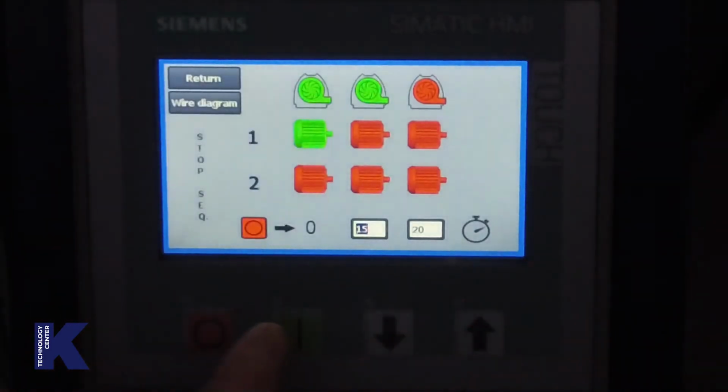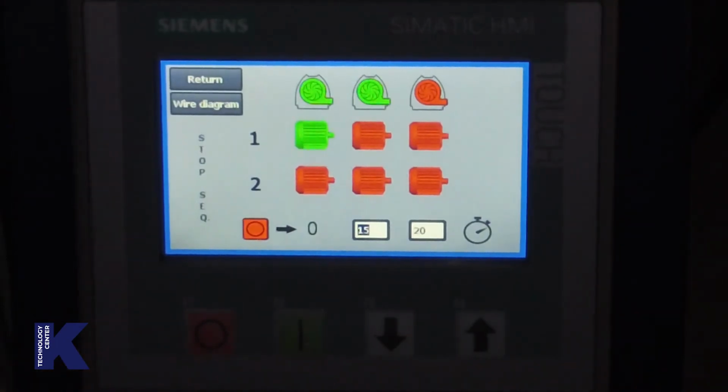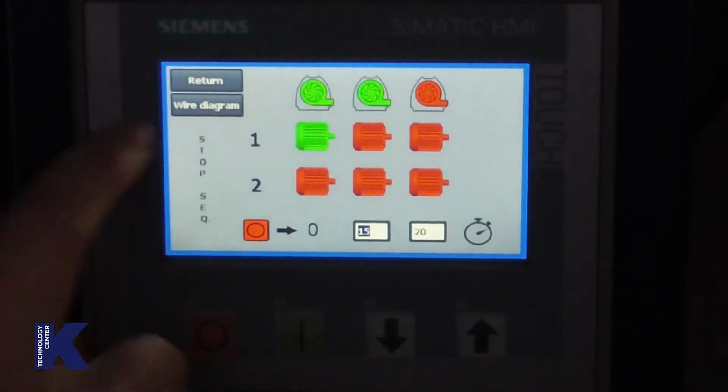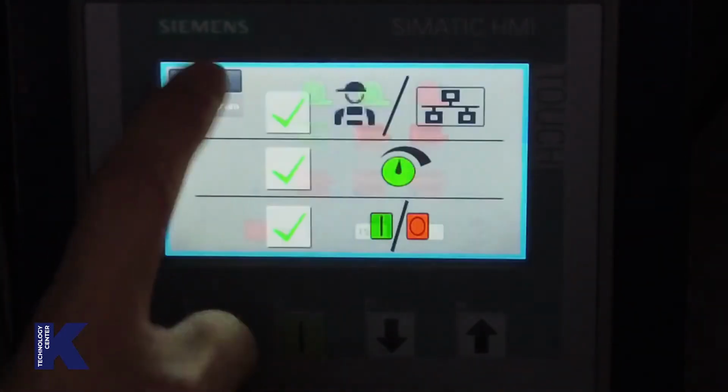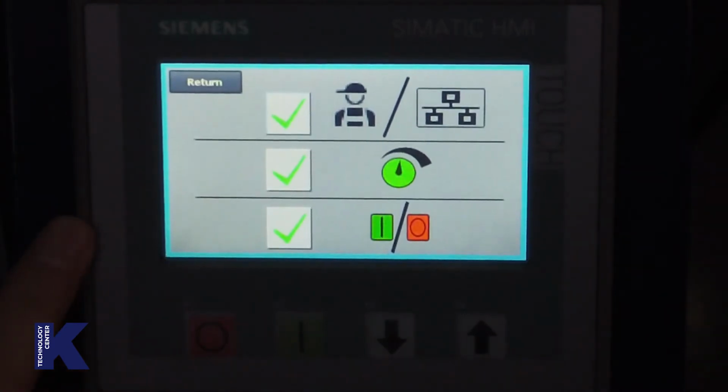But we can change this sequence in seconds. Now we changed it into 15 seconds, so that means 15 seconds after the stop button is pushed, we will have stopped both motors. But then 5 seconds later, that means 15 plus 5 gives 20, the blower is also stopped. Pushing the return, you go to the next step,